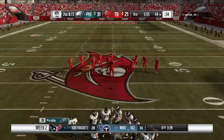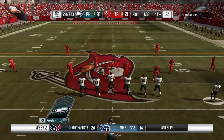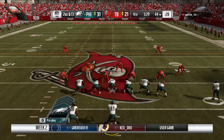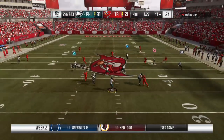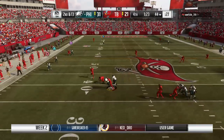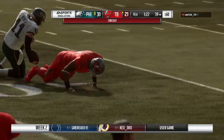Yeah, let me puff out my chest a little bit, even though I'm not rooting for either team. That was a really nice defensive play. It's awfully fun to watch, even in an offensive game. Being chased out left. And he's going to have to eat this one as down he goes. And the Buccaneers